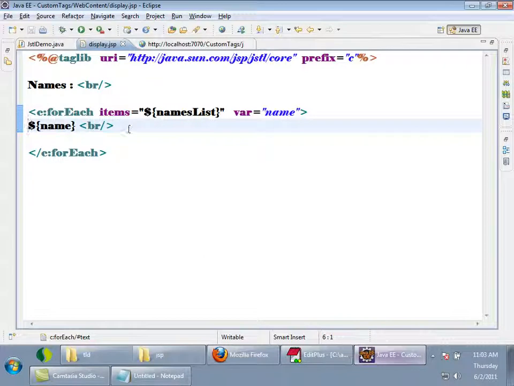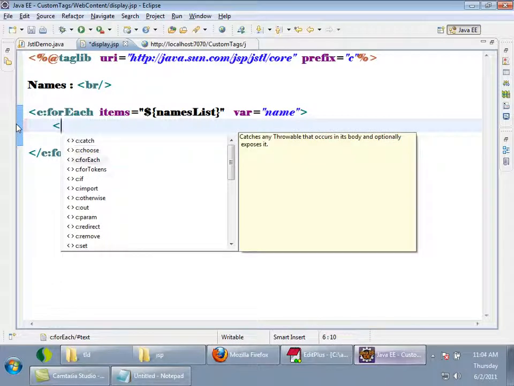If the name is Ramesh, I want to print it in big letters. So I want something like if, which will simulate an if condition. For if, there is a tag called c:if.